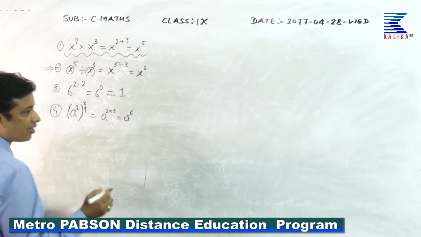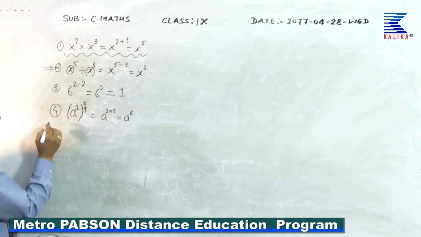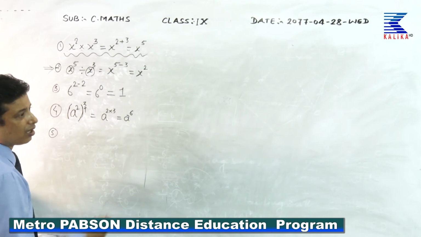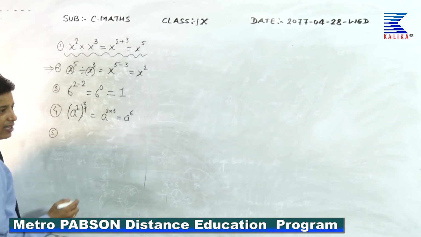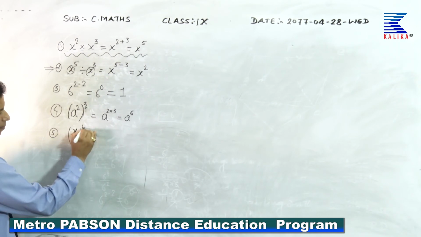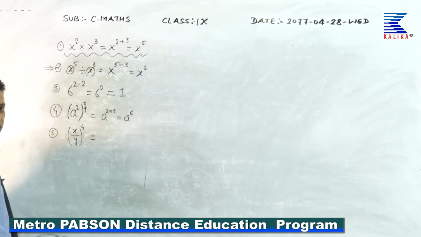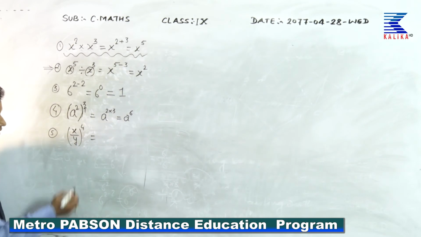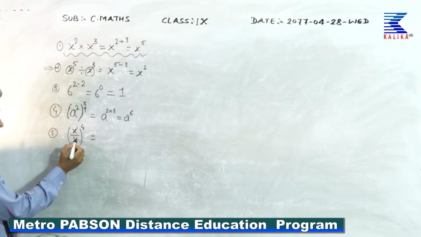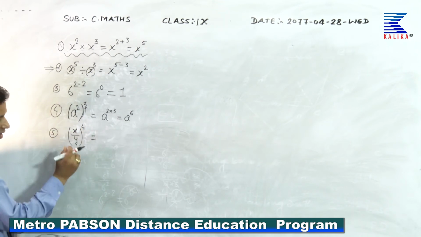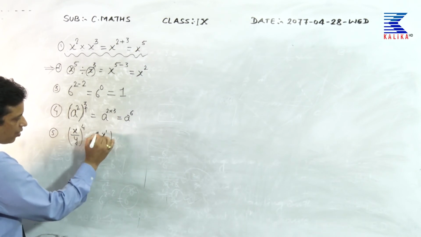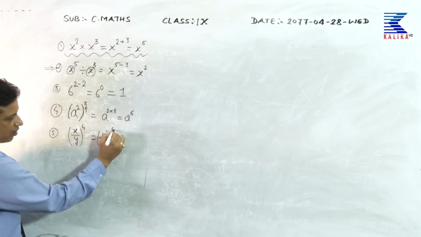Next, 5 number you can see here in PIP, in PIP please. Okay. Fifth number is x over y to the power 4. Here as well, dear student, a single x is here, it means x to the power 1 is here. Single y is here, it means y to the power 1 is here. It means this and this are same. Just to teach you the concept of power to a power, I have written 1 and 1 here. Look,